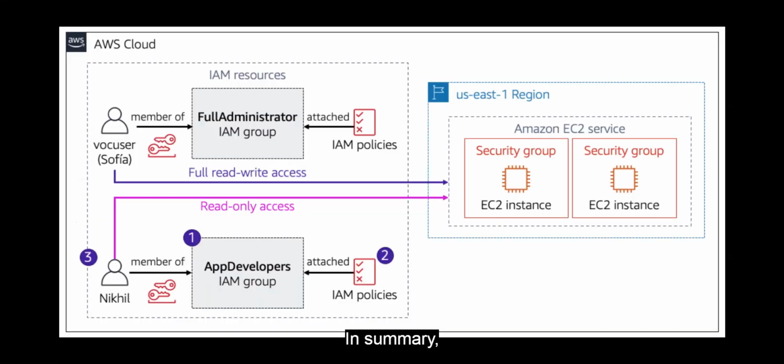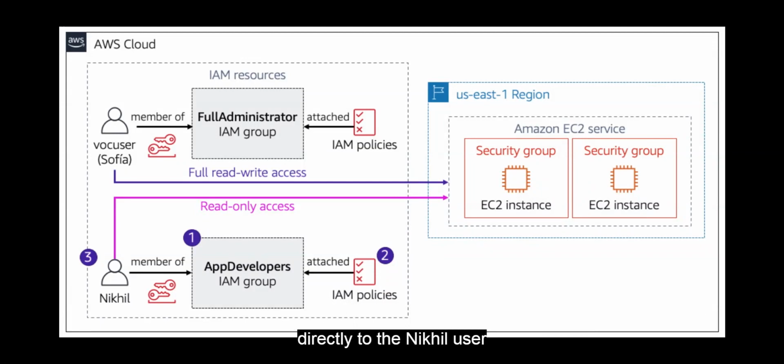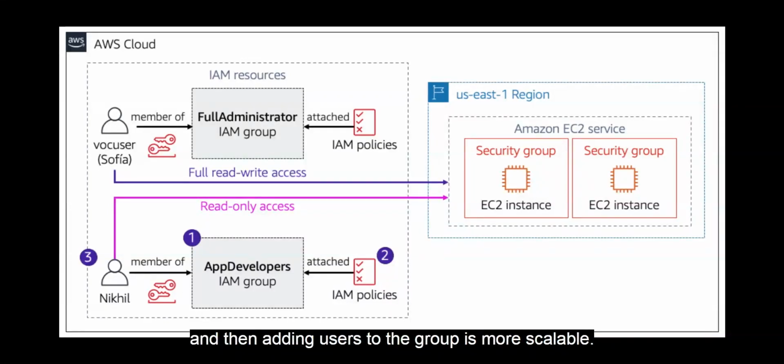In summary, you've seen how to use the console to create an IAM user and grant limited permissions for the AWS account to that user. I could have attached the IAM policies directly to the Nikhil user instead of creating an IAM group, but I did this because attaching policies to a group and then adding users to the group is more scalable. In the future, if